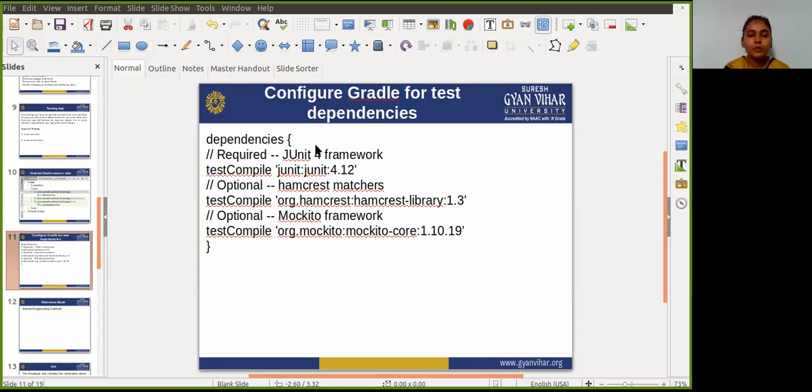For more information on assertions, see the JUnit reference documentation for the Assert class. For more information on the Hamcrest framework, you can just look at it and check what functions they provide.